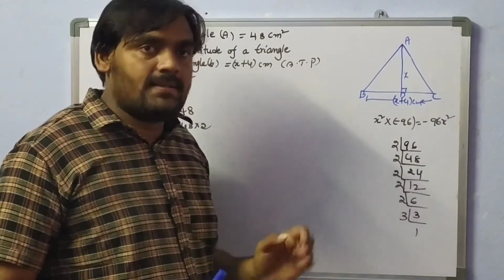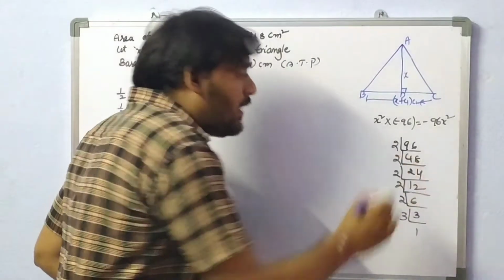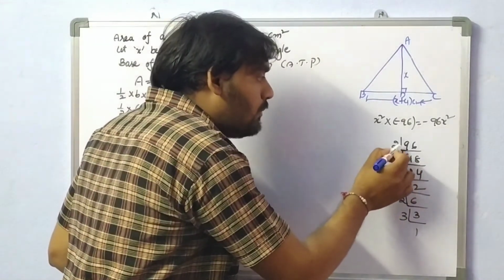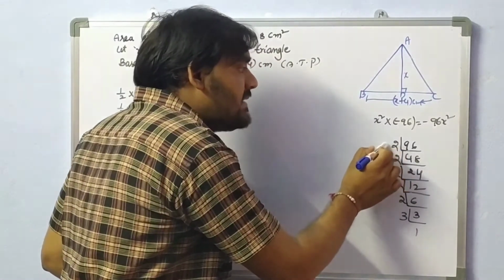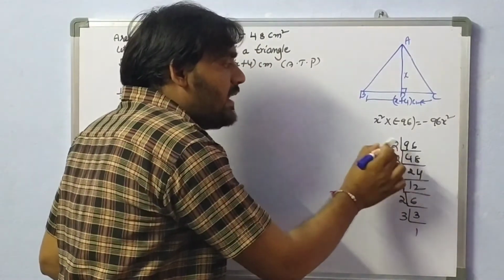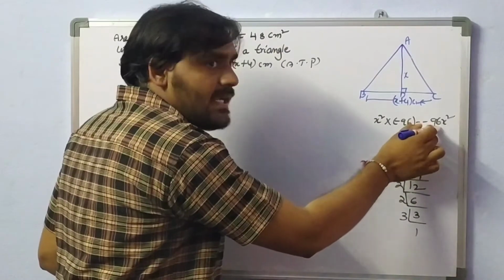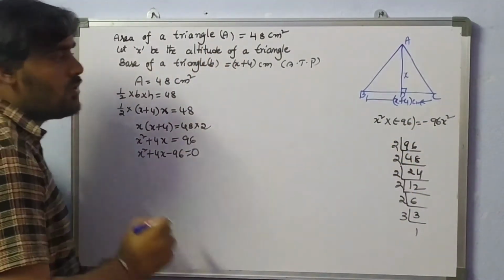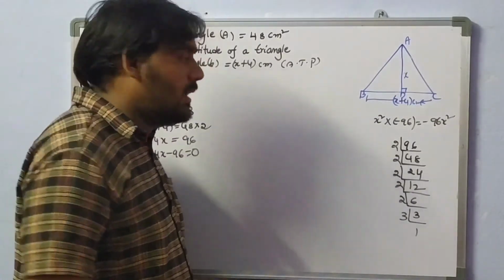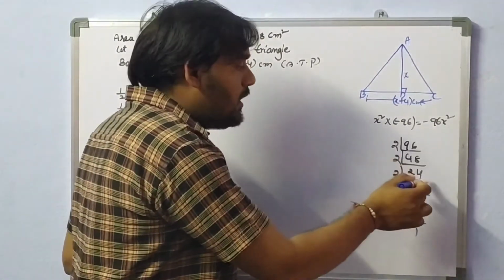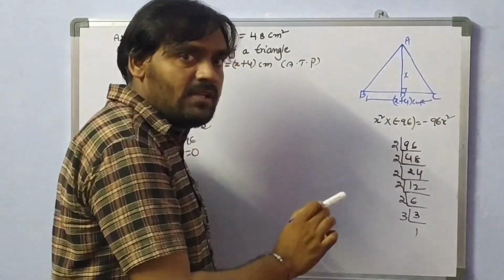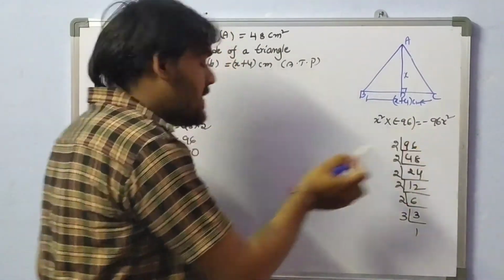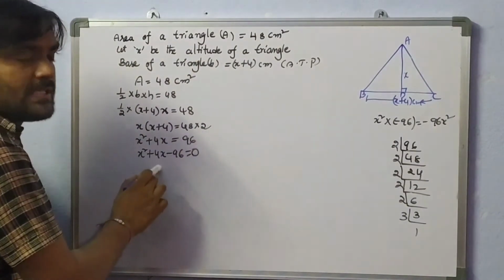Product is equal to 96. So, if you multiply 2 into 48, we are getting 96. Suppose we give minus for 2 and plus for 48, minus 2 into 48 is minus 96. But if you add these two, we are not getting plus 4. So, we should not take 2 into 48. Next, go for 2 2s are 4. 4 into 24, we will get 96. So, minus 4 into 24, we will get minus 96. But the sum is not equal to plus 4.